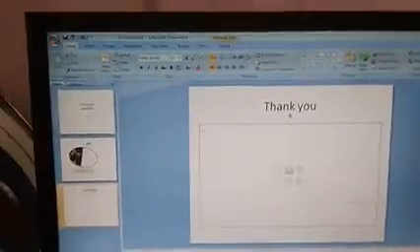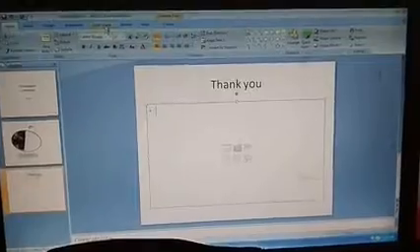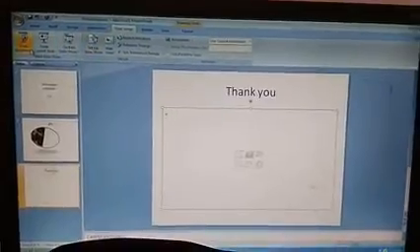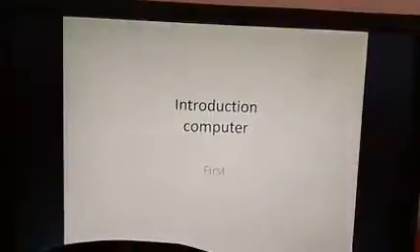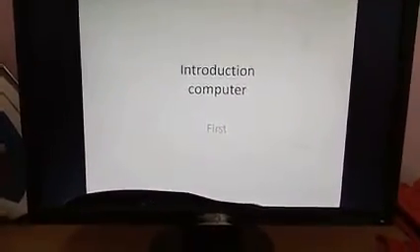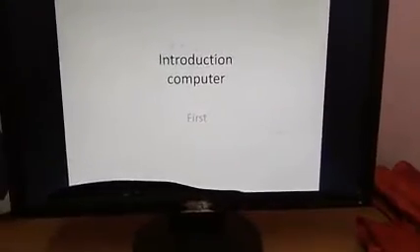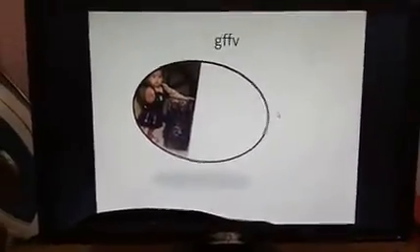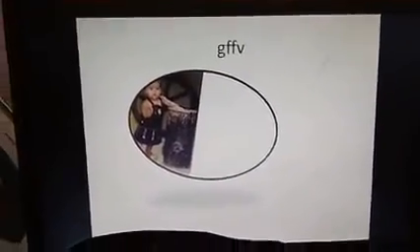Now, how are we going to see the presentation finally, whatever you have created? A slide show will give you a full, clear view of your presentation. For that, you have to go for Slide Show and then press From Beginning. The entire screen will be covered with the single slide that you have given. This section is your title section, this is the subtitle section, and this entire thing is your slide. When you click on the slide, your second slide opens, and when you click again, your third slide opens, and once you press again, your final PPT ends. This is the method of how we create a presentation.